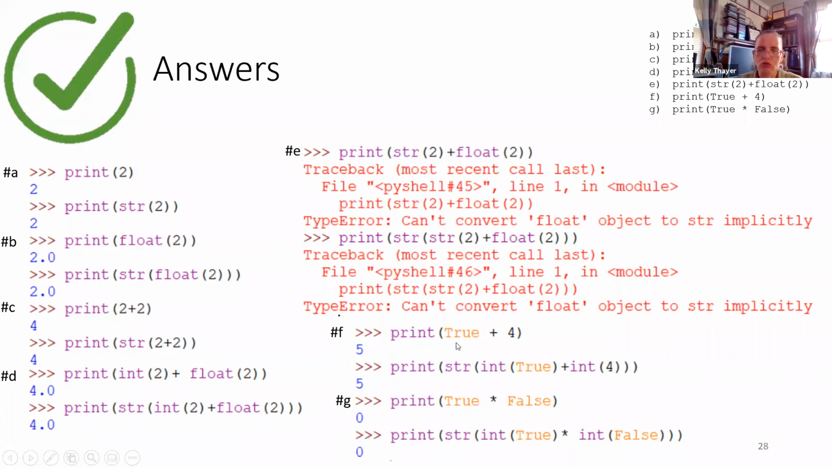Here we're going to do true plus 4. What we're really doing is taking the integer of true and the integer of 4, adding those together to get 5, and then taking the string of that. True times false is really doing int of these two, which is 1 and 0. Multiplying them will be 0, and then we convert it to a string, which gives us 0. So it can be a little bit confusing. It's important you take the time to make sure you understand how this works, but basically that's how Python is